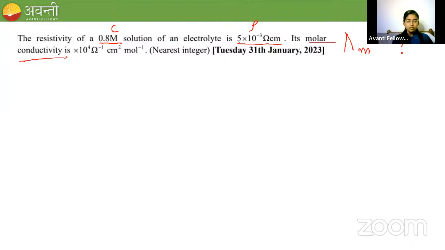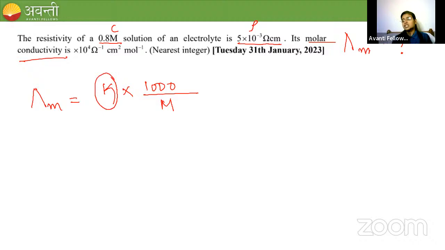What is the formula to find lambda M? Lambda M is equal to kappa into 1000 divided by M, right? This is what we have studied in the molar conductivity formula. But we are not provided with the kappa value. Kappa means conductivity. Instead of conductivity, we are provided with the resistivity value. We know that conductivity is the inverse of resistivity. So in place of kappa, I can substitute 1 by rho, into 1000 divided by M, which is equal